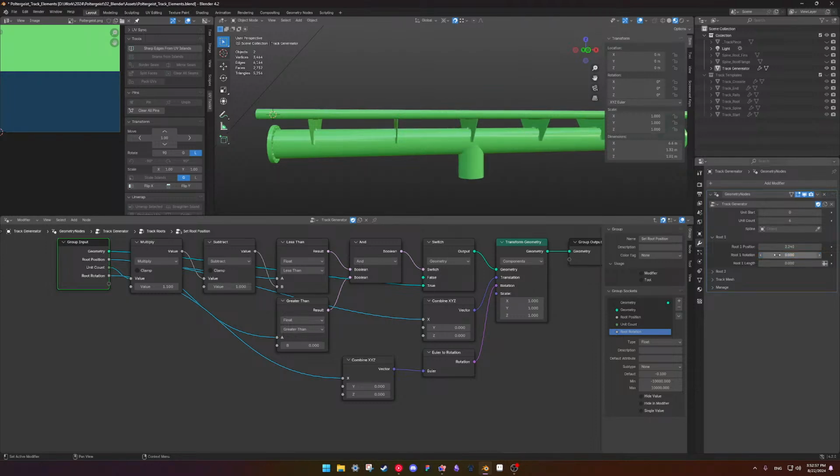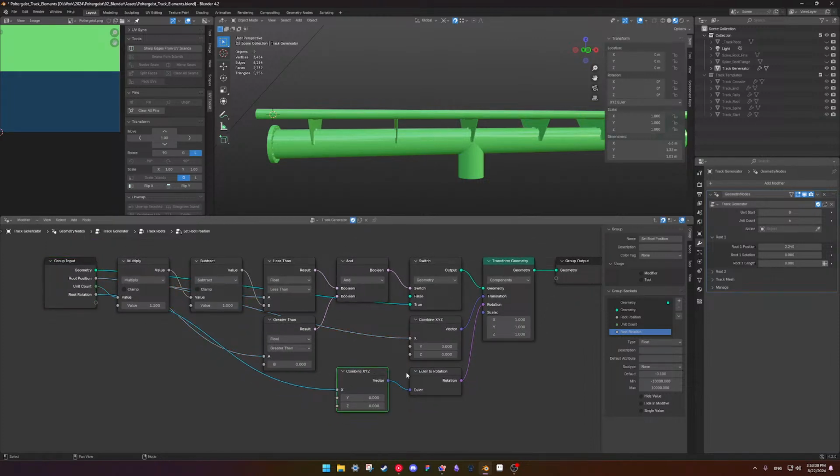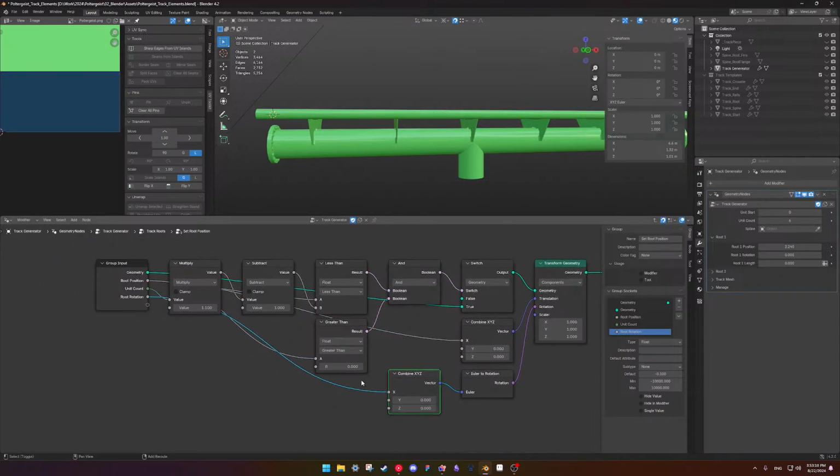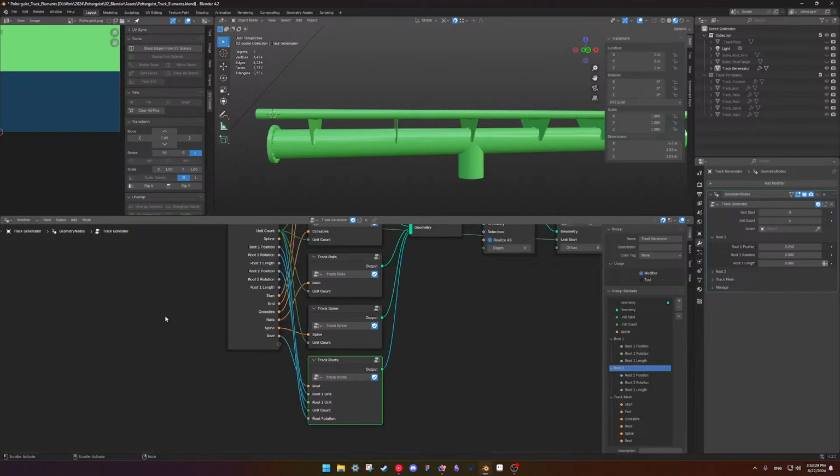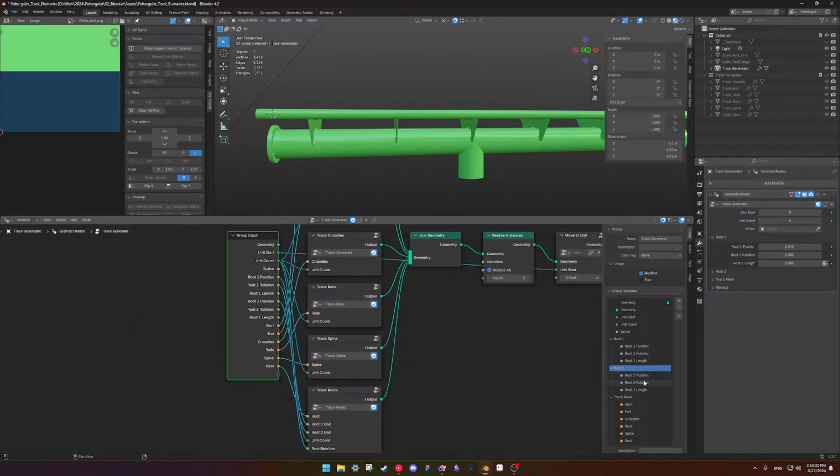So -1.5. Like -3 is fine. Root rotation. Default 0. And then here, root rotation. Root 1 rotation.